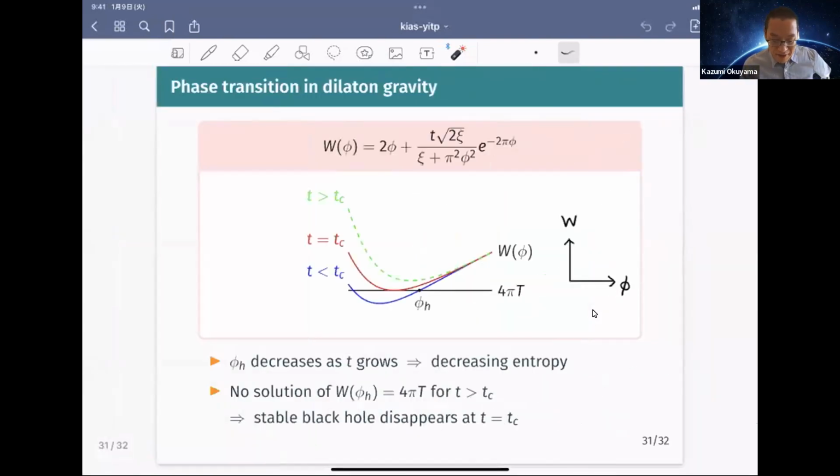But if we include the back reaction of the branes, the dilaton potential is deformed like this. Here T is the tooth coupling, and the original JT gravity dilaton potential is just given by the first term, 2π. And if we change the value of the tooth coupling, this intersection of the W and the constant 4πt